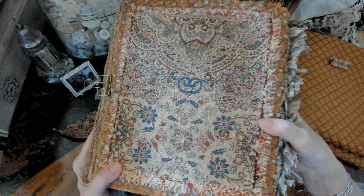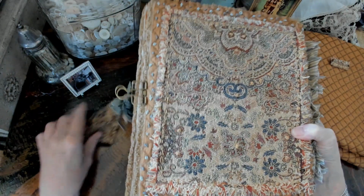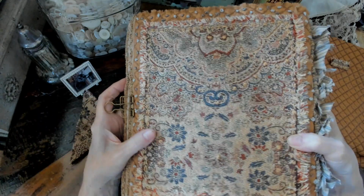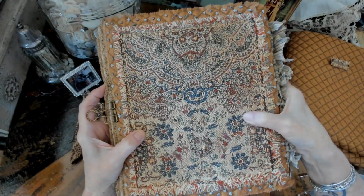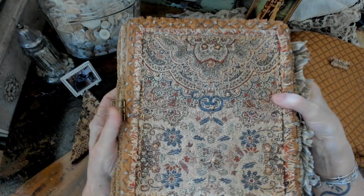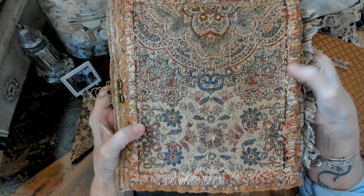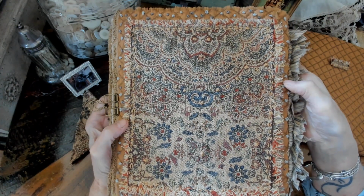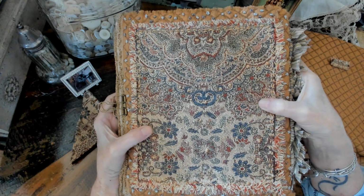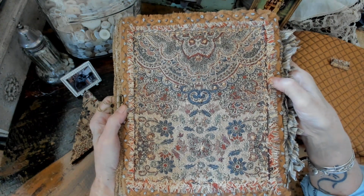love this. There's that tapestry, and I used every bit of it I had except for a couple of small pieces like this. And that is sewn on, it's glued on and it's sewn on as well. And I did the knots around it as well. And I wanted to give one of my tips that I was going to show you today. When I was trying to fit this piece of fabric, this tapestry, onto the book, the problem that I ran into